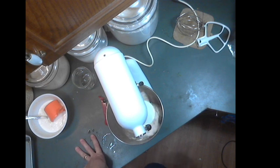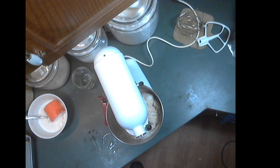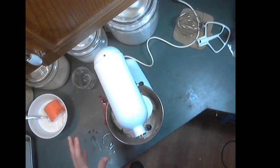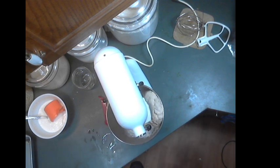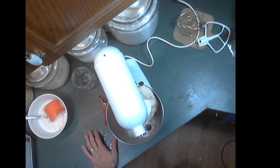And everything will change as it mixes, as it thoroughly mixes and incorporates all the liquid into the dough. And at first it looks like, oh man, that dough is too dry. And then you keep working on it. You say, well, that dough is too wet. Just let it run. Let it see what it looks like when you're done. If it's tough as a rock, you need to add a little flour. And if